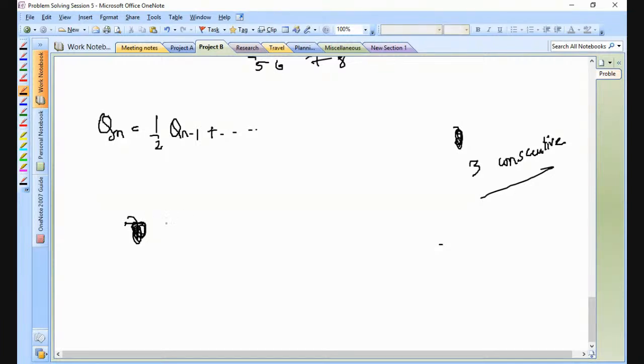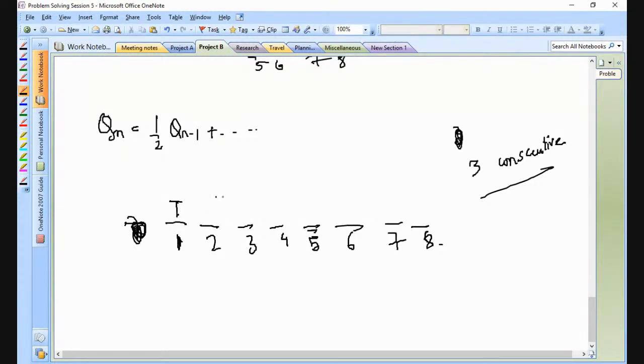No, I am considering a recurrence relation where A_n is the count of sequences such that there are no 3 consecutive heads. So in the first position that could be only a tail. If there are 0 heads, then the first position will be having a tail, and there will be an A_{n-1} recurrence, right?